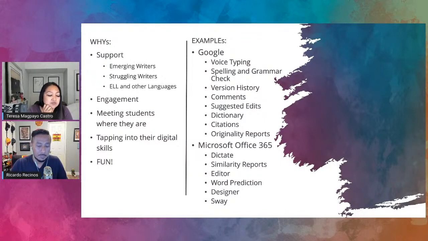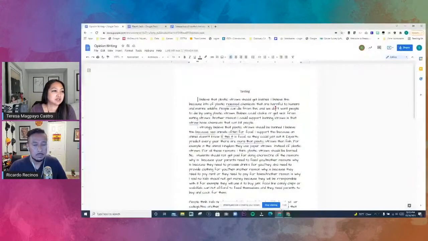And it depends always. We always think about what is it that we're trying to assess here. Are we assessing the content of their writing? Or are we assessing their grammar? So you have to be very intentional. And so we hope these tools are super helpful for you. So we're going to go ahead and get started right here.